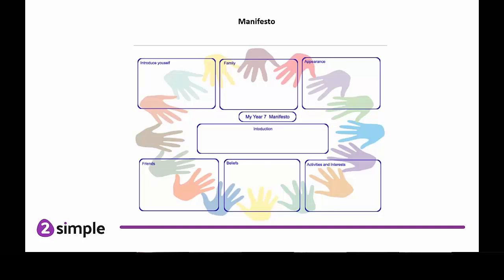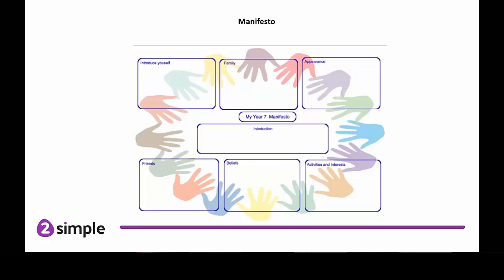Here we're asking pupils to create a manifesto for Year 7, thinking about who they want to be and what they would like to be like. This is where we would really like to hear from teachers. We're asking teachers to share manifestos with us in July using the hashtag transition, and the winning manifestos will receive book or stationery vouchers. All of the activities I've just gone through can be completed either at the back of the pack, where we've got templates, or on Purple Mash.